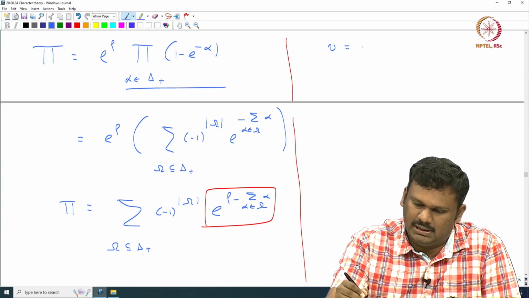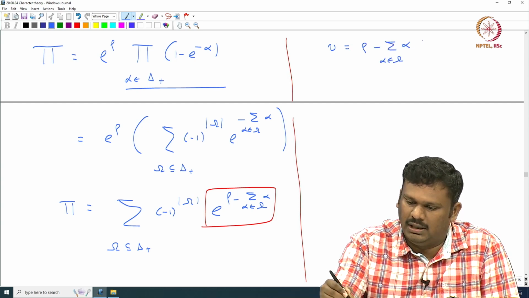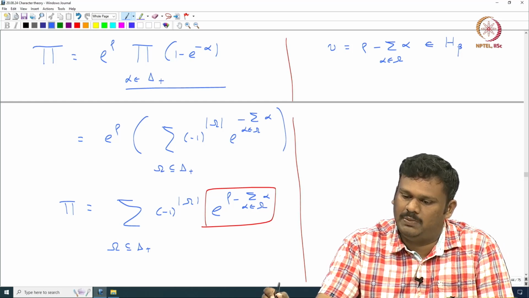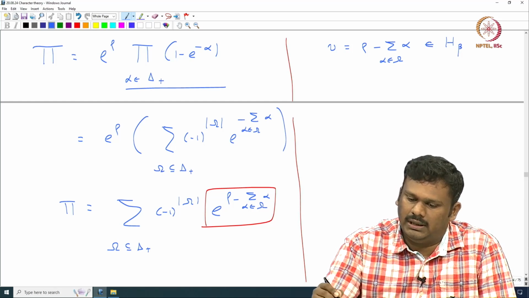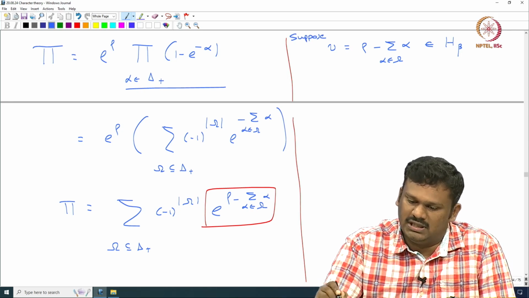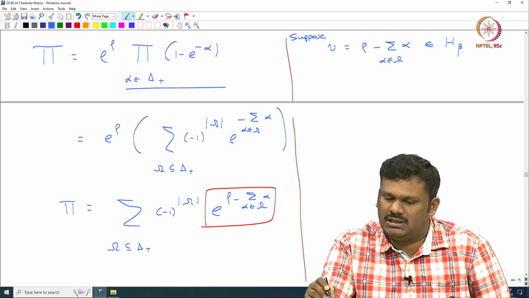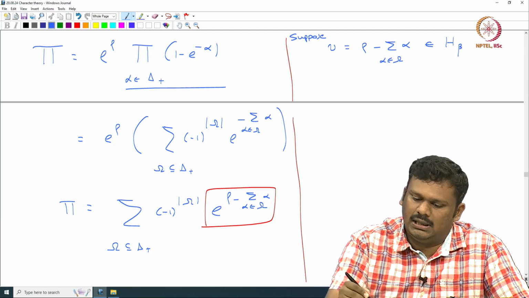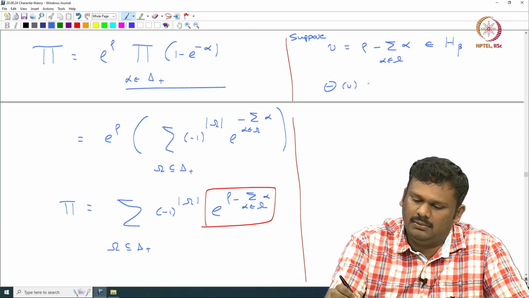For some subset we have rho minus summation alpha, alpha in omega, which lies in one of the reflecting hyperplanes, let us say H beta. Okay. So, suppose we have omega which is a subset of delta plus, for which this v lies in H beta. Then it is not hard to see that theta of v must be 0,